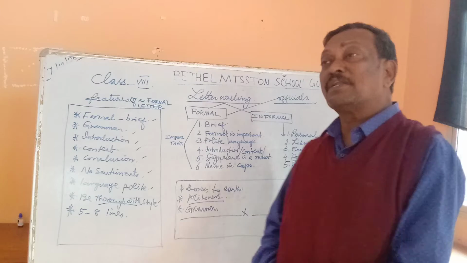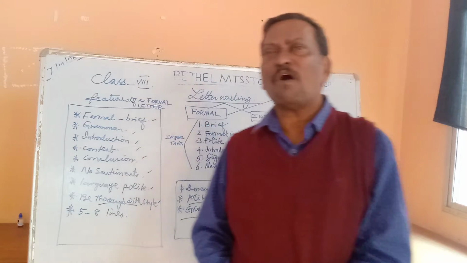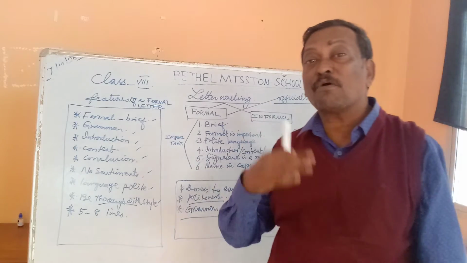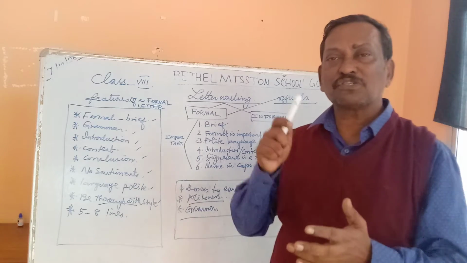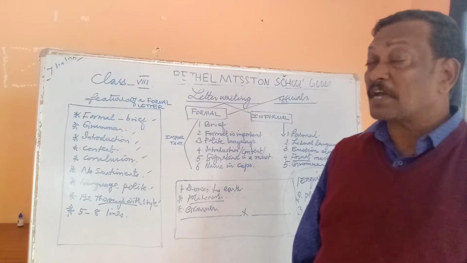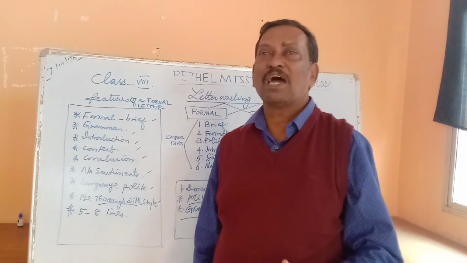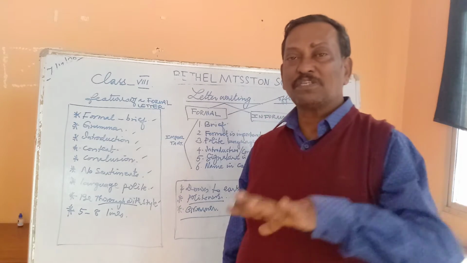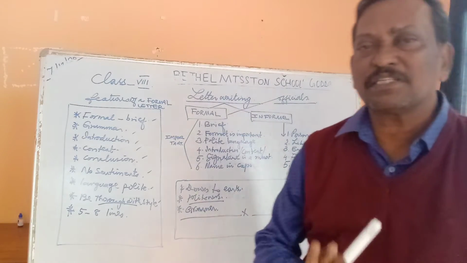Language. What exactly should the language of a formal letter be? It should be very, very polite because you are writing a letter to an officer. If you are requesting him to do something, your language must be very polite. You cannot go on ordering about. You must do this. You should do this. So must, should, all these modal verbs are avoided because they do not show signs of politeness. Instead, we use polite terms like please, I humbly request you, I request you, or it is requested, please be good enough, please be kind enough. These are some of the terms and I will discuss the terms.